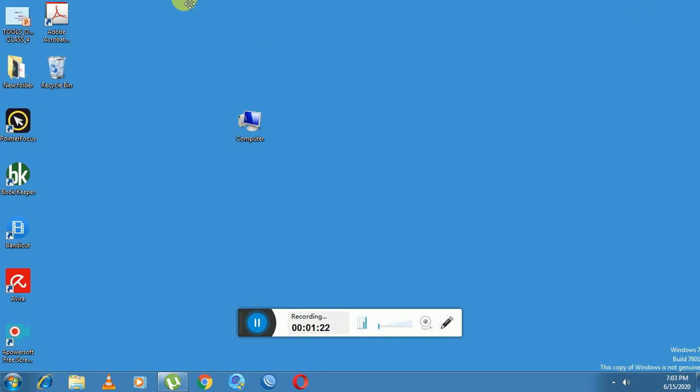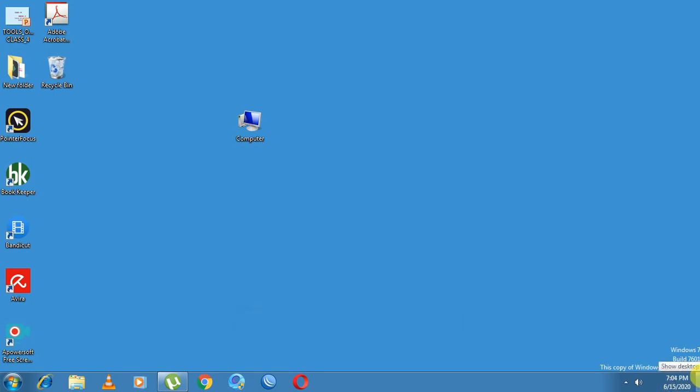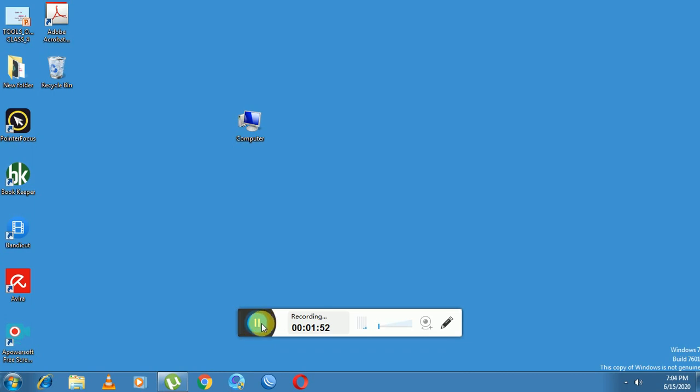Next is your taskbar. Where is the taskbar? Taskbar lies at the bottom of the desktop. This is the second component. Here we have the start button, then this portion is called the quick launch bar, then this plain portion is known as the main taskbar. Then here we have the notification area. In the notification area we have the date and time also, and at the last we have the show desktop button.